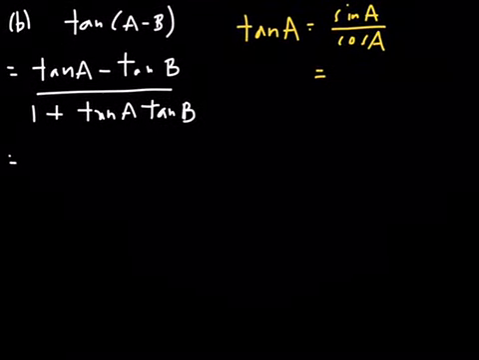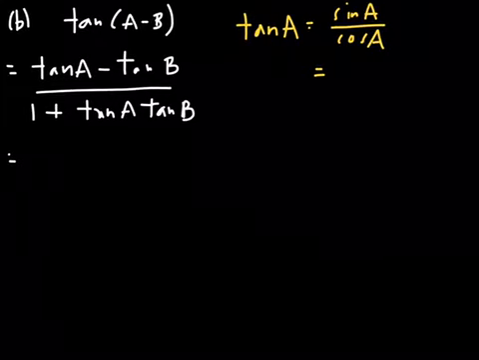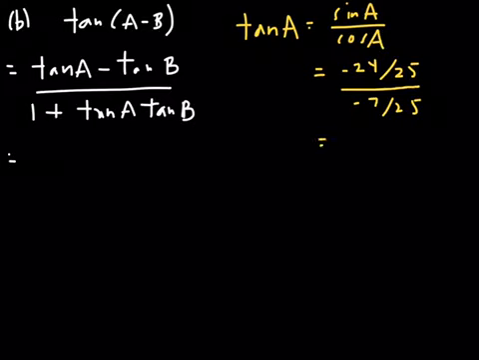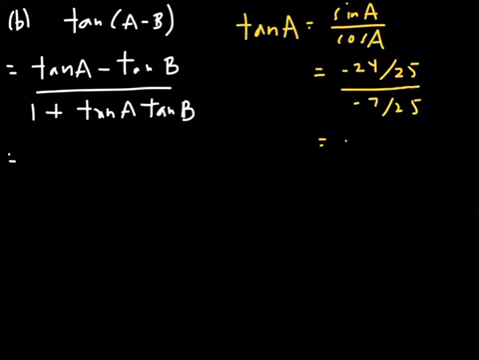So this is negative 24/25. That's what sine of A is. Cosine of A, again, is given, negative 7/25. So tangent of A is equal to a negative divided by a negative, which is a positive, which makes sense because A is in quadrant 3, I believe, which means tangent is positive there. All right? So this turns out to be just 24 over 25